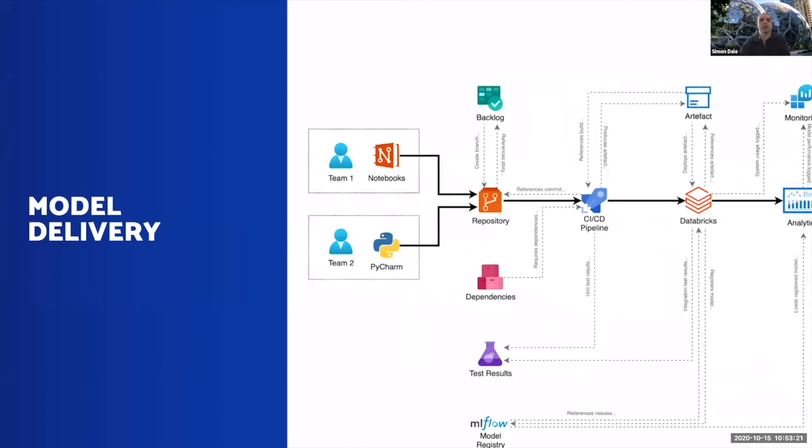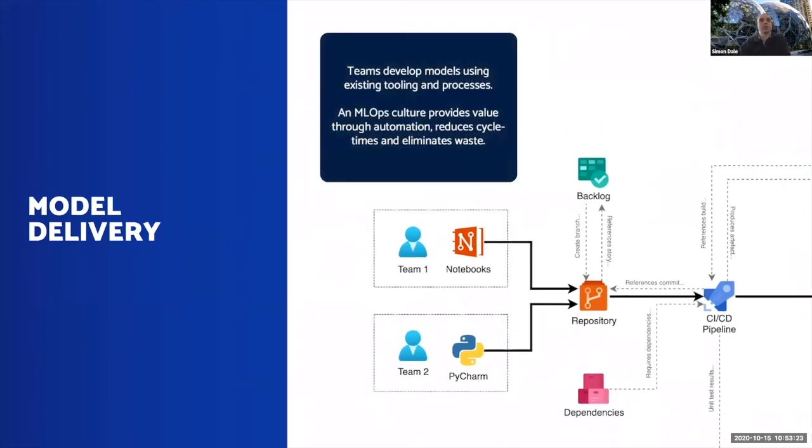Let's move on. So this is what we just spoke about: that we use the right tooling. We want to meet the teams where they are with the tooling that they're using. We want to set up guardrails. We want to set up processes that they can work with that are automated, so it's not intrusive, and that is really aimed at accelerating their development processes and making sure that they're not wasting time. So this is the fail fast approach.